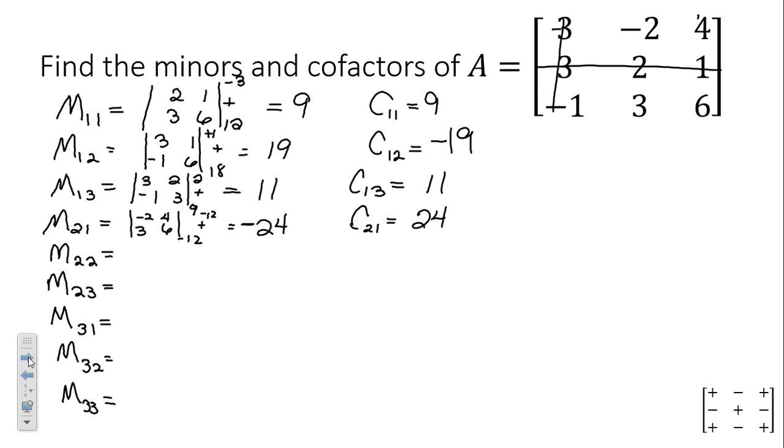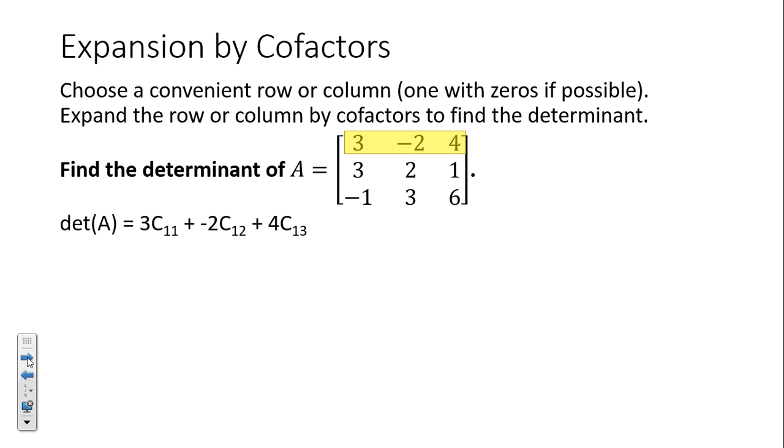Okay, now here is how we find a determinant of a 3 by 3 using something called expansion by minors. In this particular method, you choose a convenient row or column, preferably one that has zeros in it. And you'll see why in just a moment. And then we expand the row or column by cofactors to find the determinant. Okay? In other words, if we have the determinant 3, -2, 4, 3, 2, 1, and -1, 3, 6,